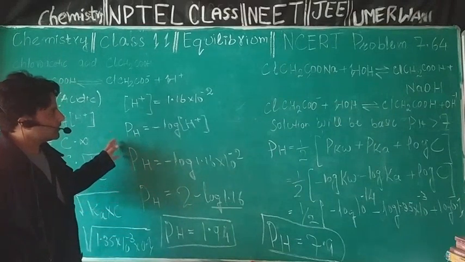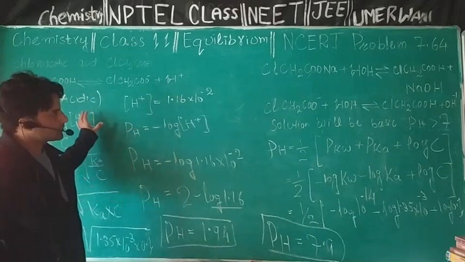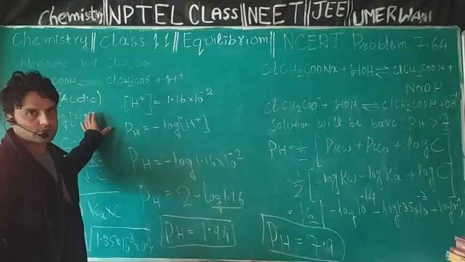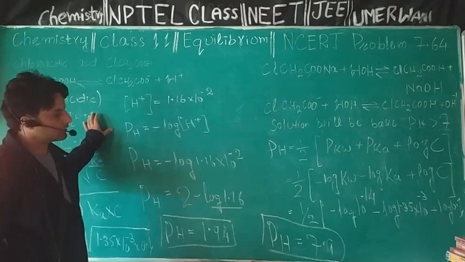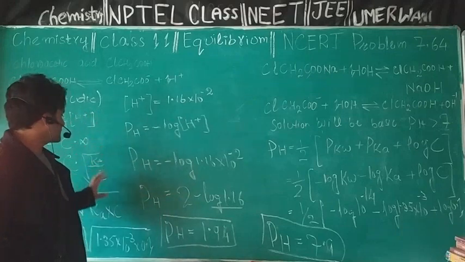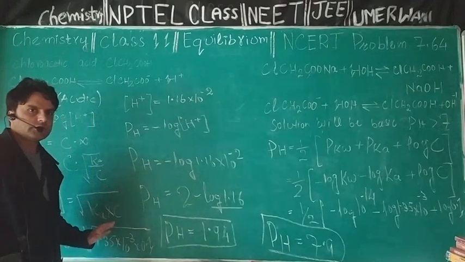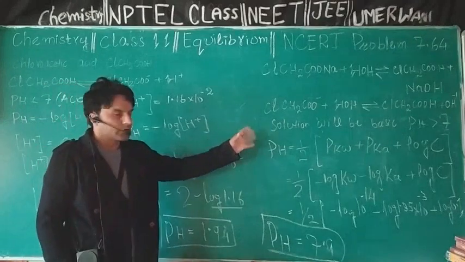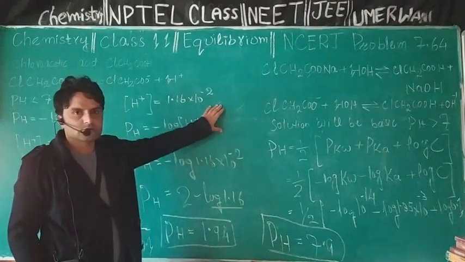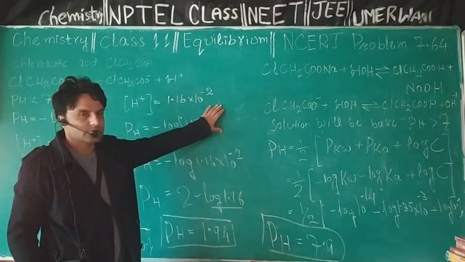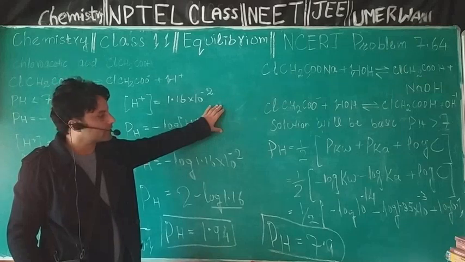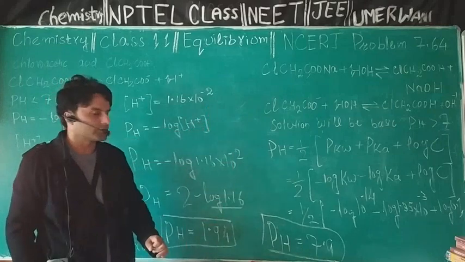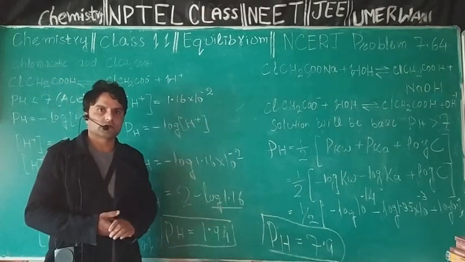in the comparison, you need to write that the solution of chloroacetic acid is acidic in nature, its pH is less than 7 and the concentration of H positive ions in its solution will be greater than 10 raised to the power minus 7. For its sodium salt you need to write that its solution will be basic, its pH will be greater than 7 and the concentration of H positive ions in its solution will be less than 10 raised to the power minus 7 at room temperature. This is what I have got for you in this short session.